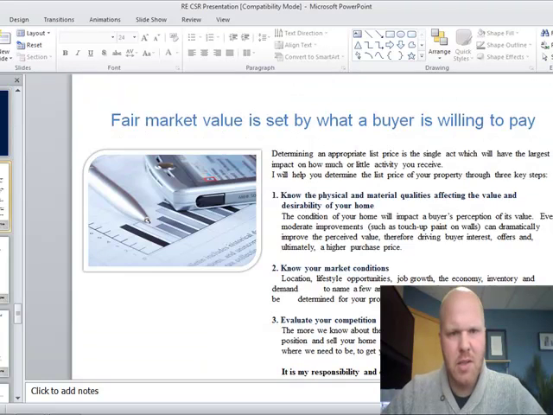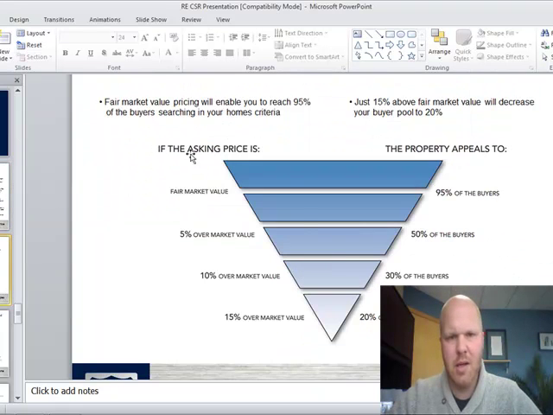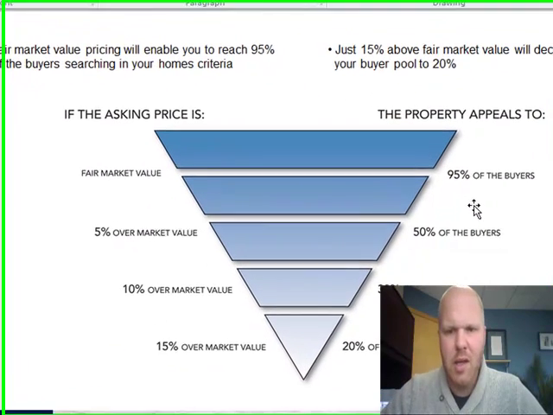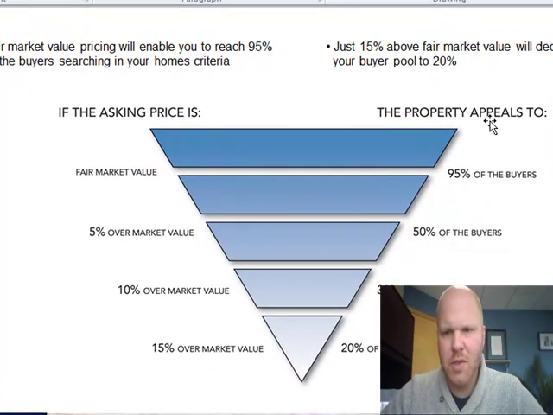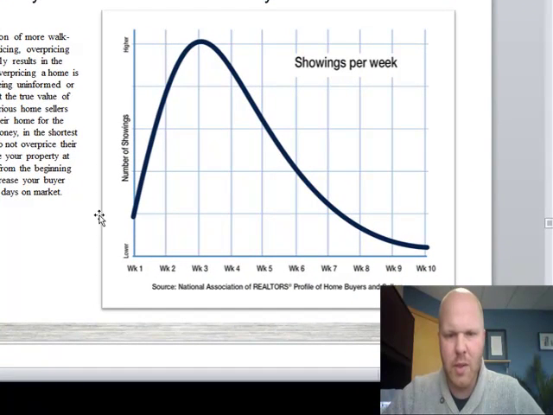The next few slides talk about fair market value. Here's a nice graph on asking price versus what percent of the buyers would be interested. As you overprice the house, there's less and less buyers who are going to be even interested in the home. But as you get closer to fair market value, you'll hit more and more of the buyers. So it's important to hit fair market value as quickly as possible,